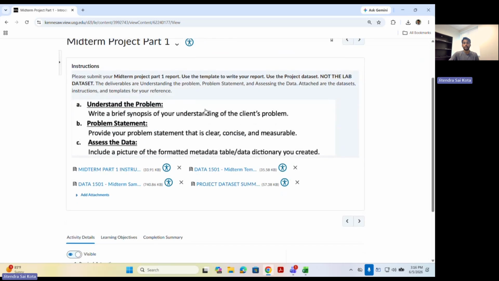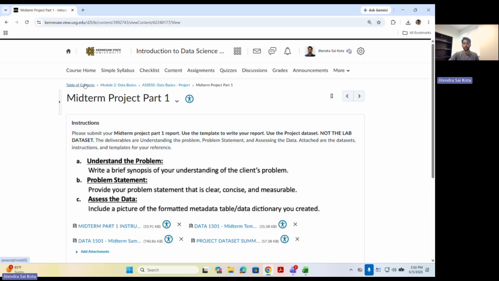you'll find the instructions on what you're supposed to be submitting for the project part and the relevant materials corresponding to that. Amongst these materials, you can find the project dataset. Now I'll keep doing this for every project part submission. If you find this all too confusing, what I also did is, if you go back to your table of contents,